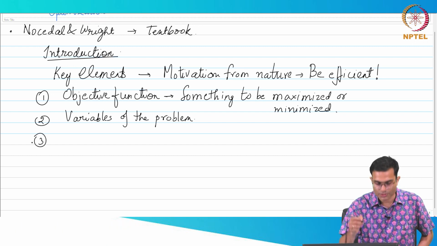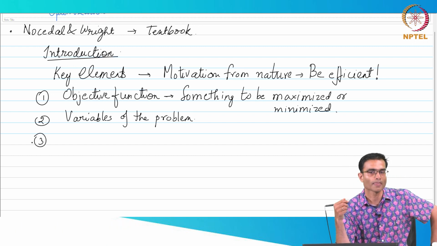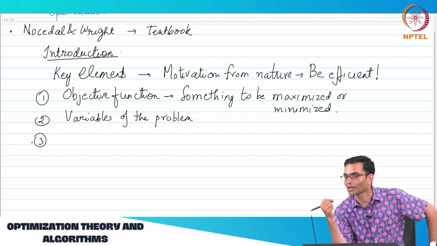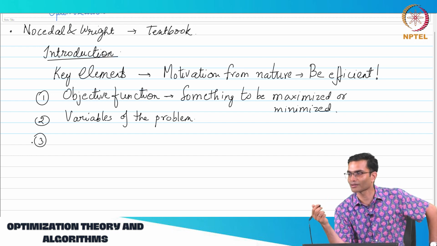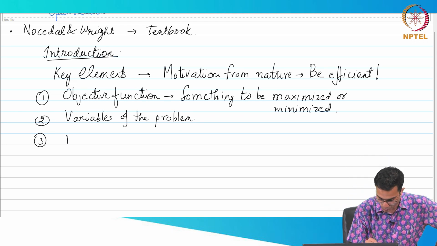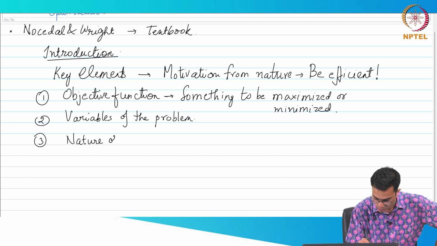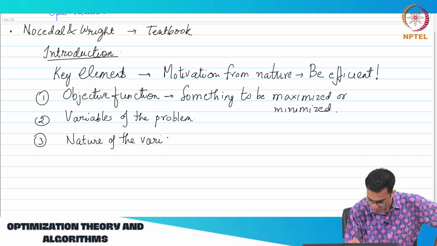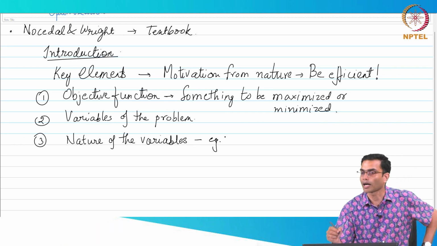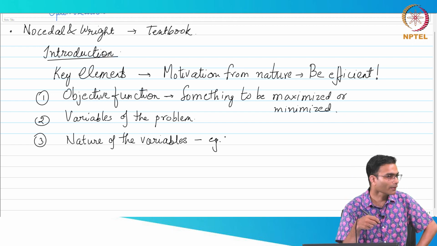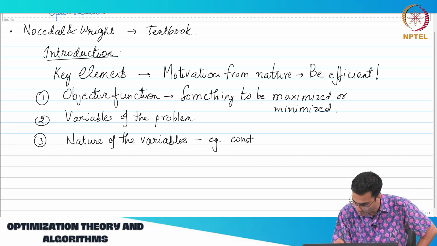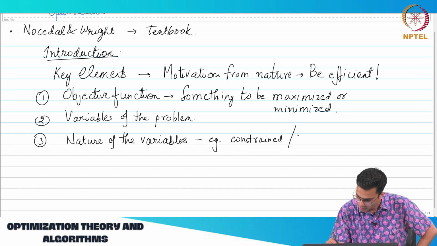Okay. The third thing, which is not so obvious immediately, but this determines how I solve the problem, which is constraints. Okay, so let's make it a little bit more general than that. Not just constraints, but the nature of the variables. So I'll talk a little bit more about this, the nature of the variables. Okay, so an example would be, are the variables of the problem constrained or they are free to take on any values? So let's write this as constrained or unconstrained.